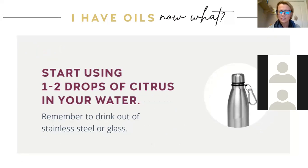So normally in the morning I start with lemon, and then throughout the day, I continue with a couple of drops or 1 drop of wild orange in my water. Remember to drink out of stainless steel or glass. We don't want to use plastic for many reasons, and then the oil gets into the plastic and plastic leaches into the oil, and it's not good. Stay away from plastic. Always use glass is the best one to use, but stainless steel is also obviously good